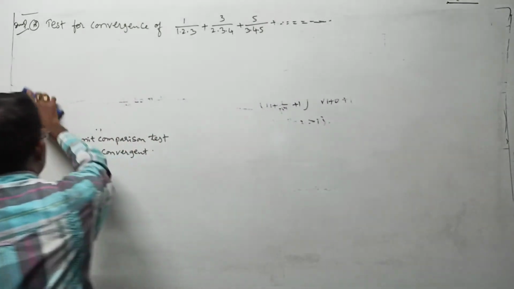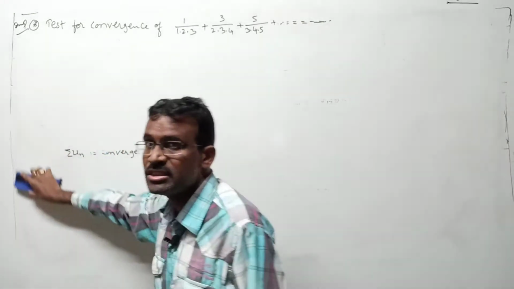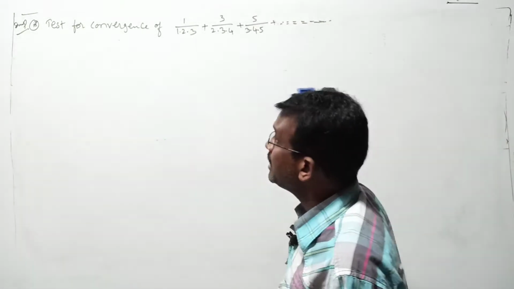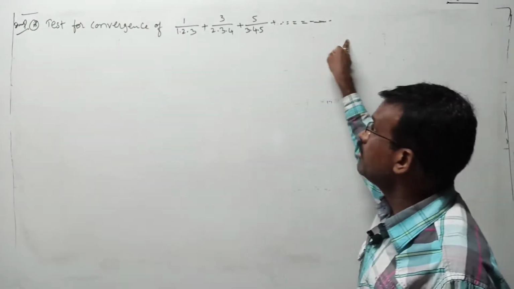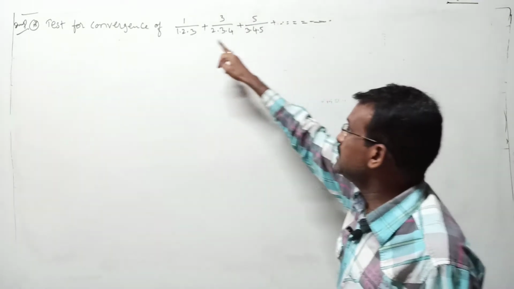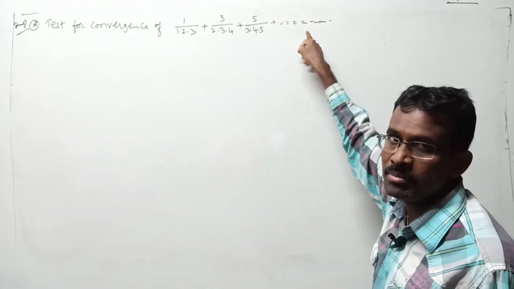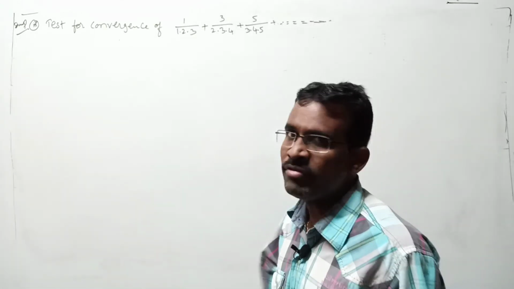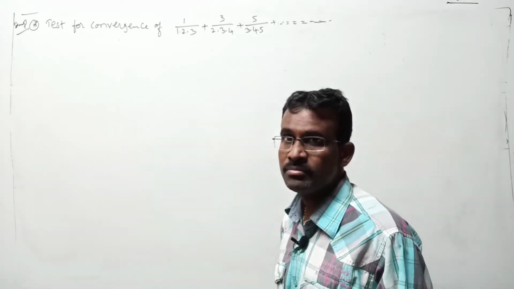In the previous model, directly you have the nth term in the series. Sigma un is already available. Test for convergence of sigma un they given. That means you know the nth term in the previous questions. But here there is no nth term. Few terms they given. By using these, let us define the nth term un first. After that the work is the same as previous questions. Here the extra work is you have to define the nth term of the series.